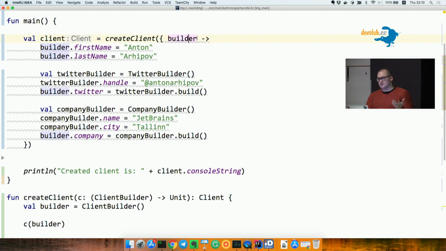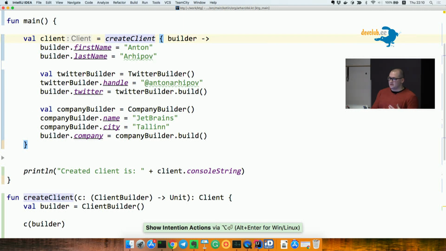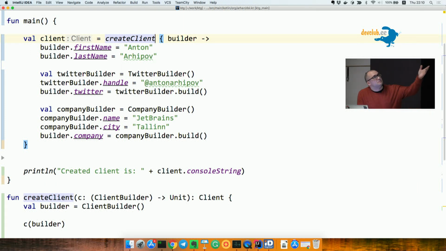Now the IDE actually tells me, hey, you can move the lambda out of the parentheses because it's the last parameter in your call. And in Kotlin, if you have a lambda as the last parameter, you can move it out of the parentheses. So Alt-Enter, and basically what happened, it removed the parentheses, those normal ones,